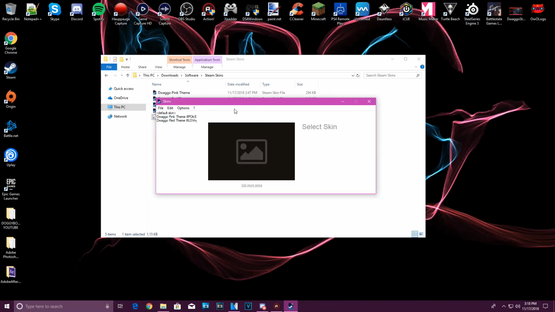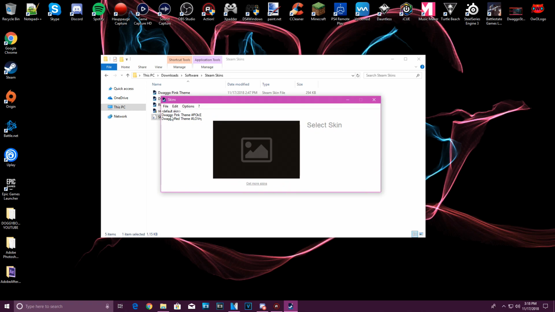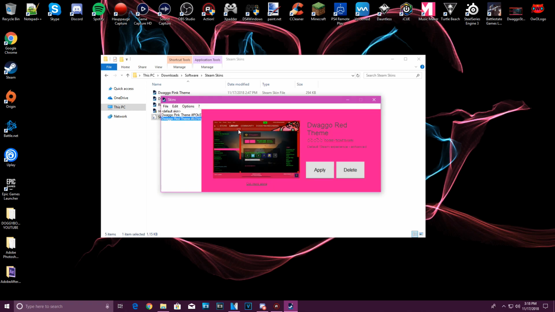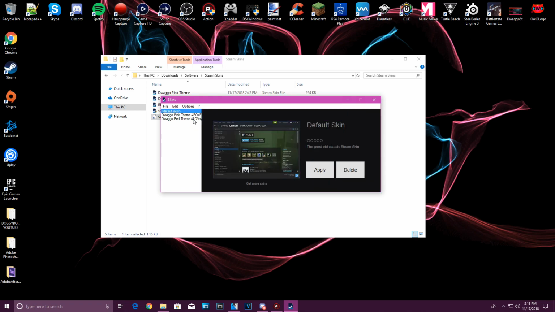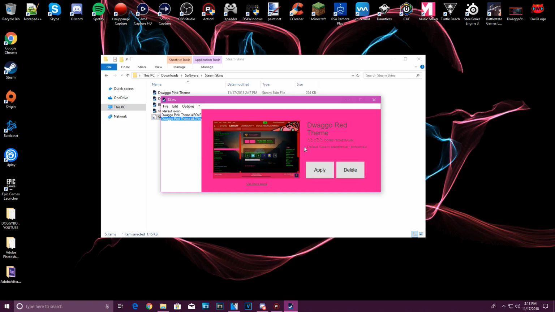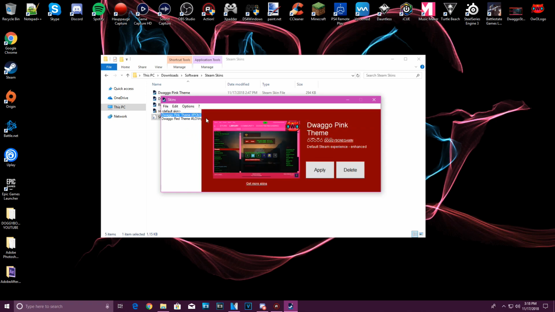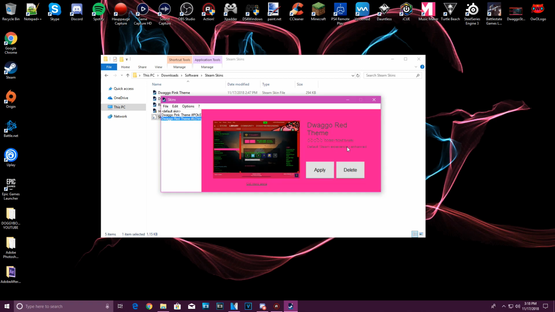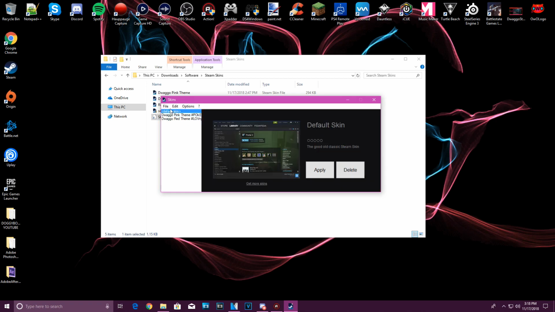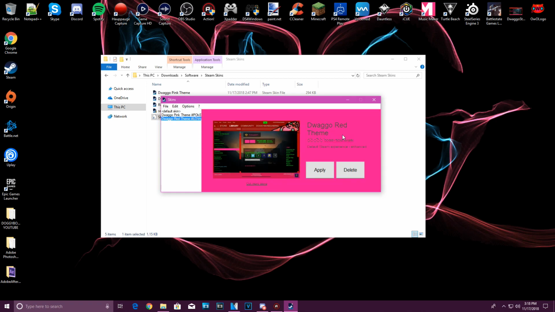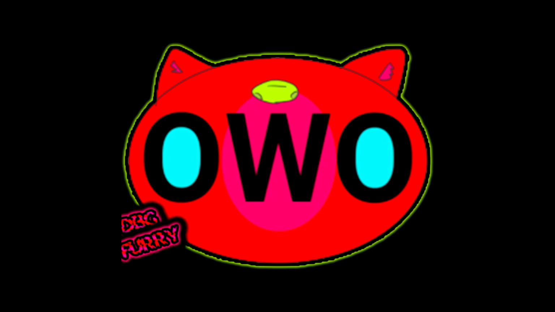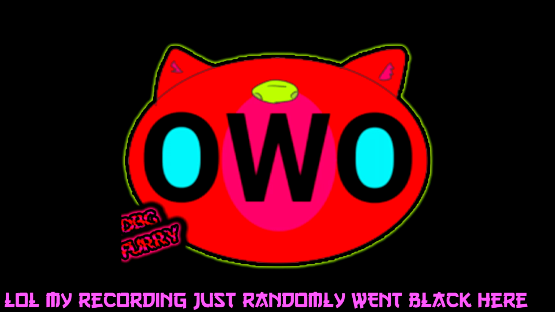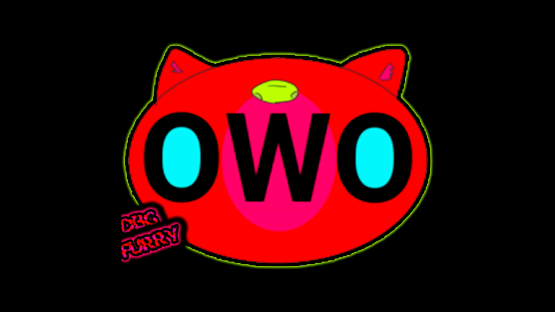Right here, you can see you can check the default. You can check your pink theme, red theme, and you can even check who it's made by. And it even says default Steam experience enhanced, which is really cool. You can apply them, delete them, get more skins. It takes you back to the website. Really nice and handy way to make your Steam look nice and cool. So yeah,